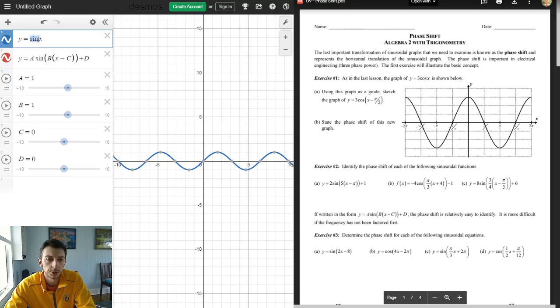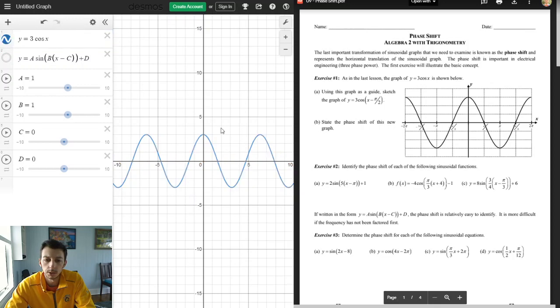So I'm going to go ahead and just change this to cosine, and it's going to be 3 cosine x. And then I'll go ahead and hide this for a second. So I've got my original graph here, 3 cosine of x. It says, using this graph as a guide, sketch the graph of y equals 3 cosine x minus pi